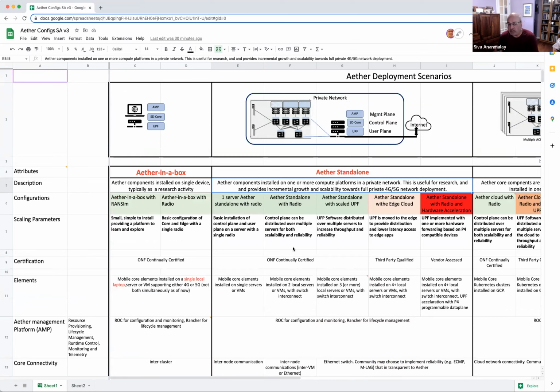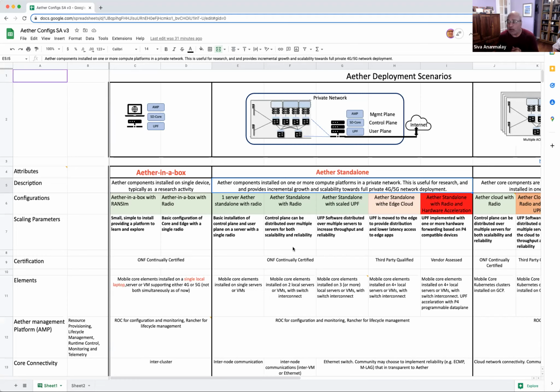One important distinction here is that even though we've shown it as a linear movement from left to right, it doesn't mean that you can't start with the very left point, Ether server standalone with radio, and then say, yeah, but I really want to try out hardware acceleration, because that's the important factor to me. So the order of operations isn't necessarily limited by us,